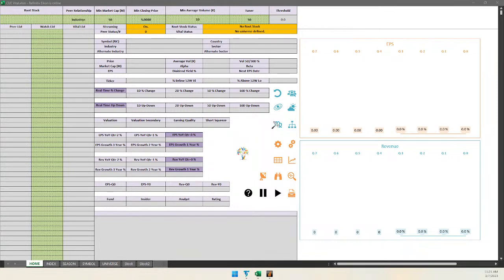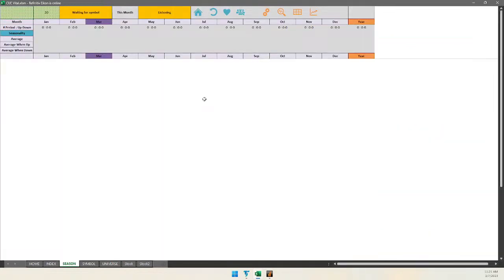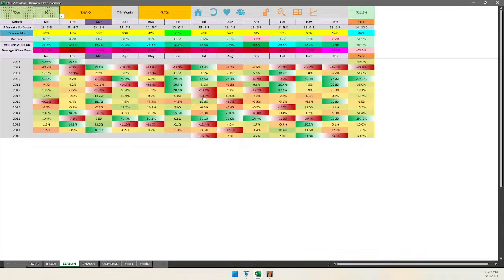So how do I do that? From home tab, I can go to the season tab. Again, click on the help, click here, calculate seasonality. Okay, switch the help off, go to seasonality. Let's calculate seasonality for Tesla. I suggested a bearish trade on Tesla yesterday during market hours. I took the trade. I don't know how it is now, but soon after the market open, I had sizable